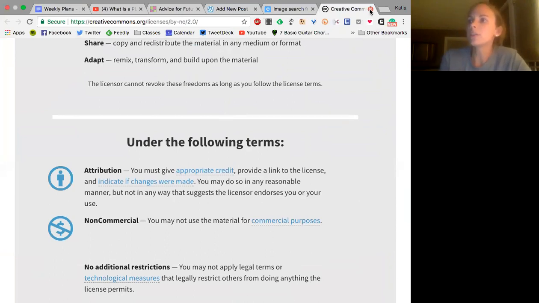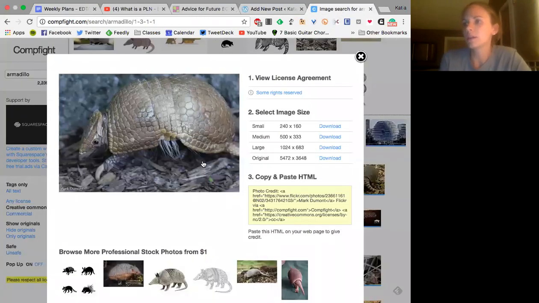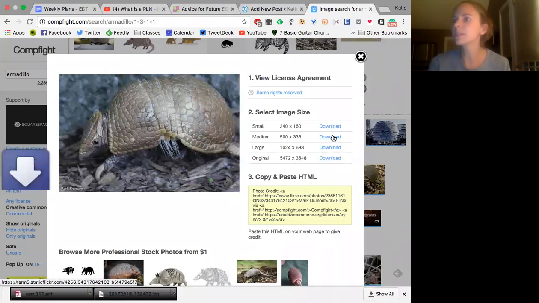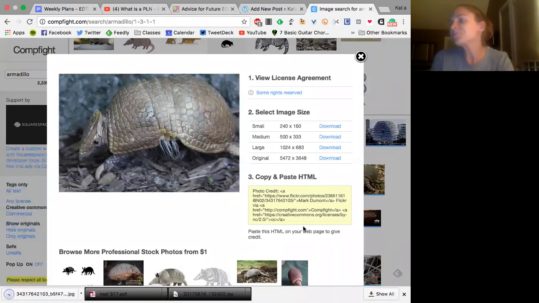So every image on here is going to have something like that. Most of them are going to be that, like, often they're non-commercial, and generally they say you have to give attribution. And that's where the site is just dynamite. Because, so here's what we're going to do. I want to download this image because I'm going to use this one. I like it. I'm going to download it in medium form. I don't need a massive one. So I'm going to download this to my computer, okay?